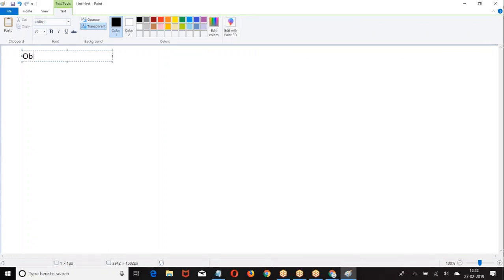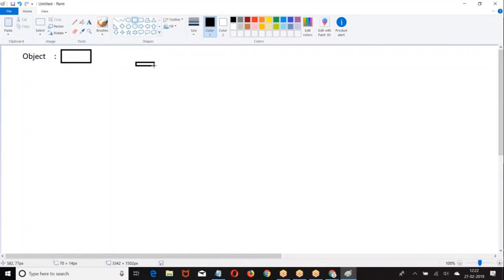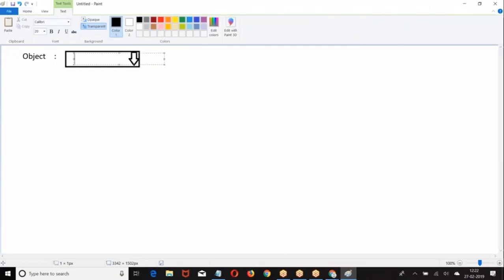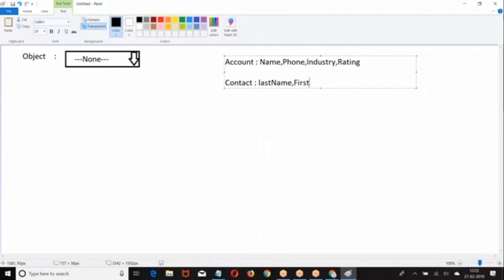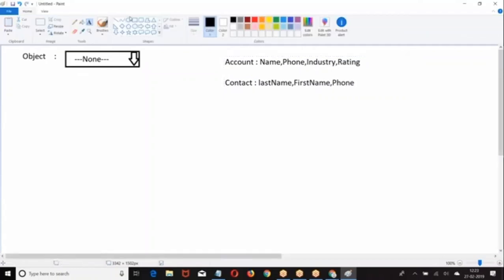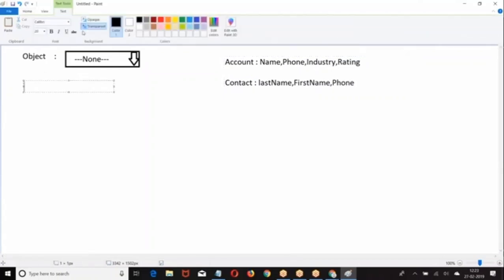Now, look at the point. Object. Create a pick list here. You create a pick list with some objects, account, contact, whatever it is. Now I created account here, and fields. Whichever object I have selected, the fields have to come here.